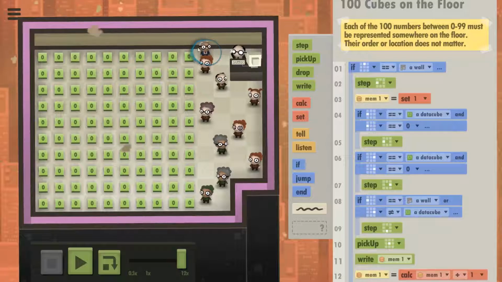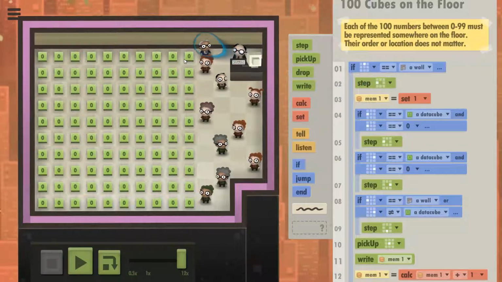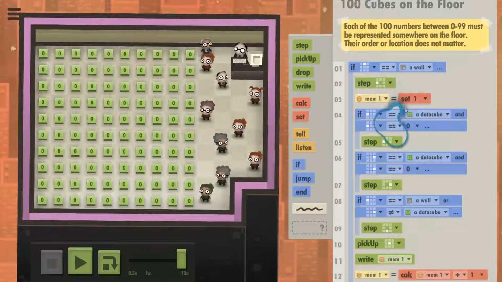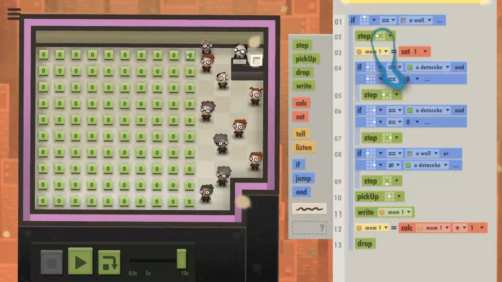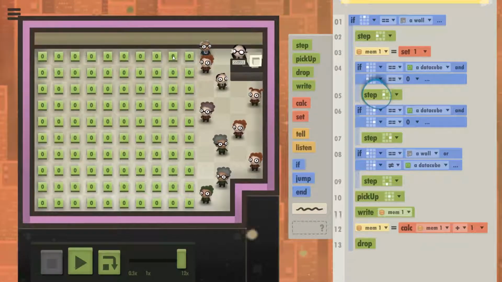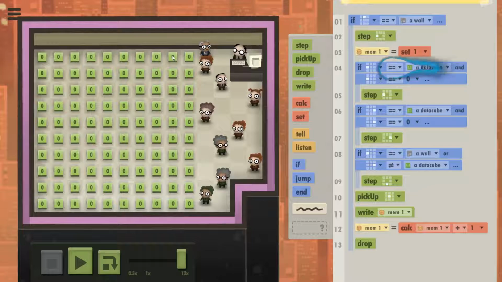So you step left. And you go, set it to 1, and you go step left. So you're standing here. And you go, if the left is a data cube and it equals 0,